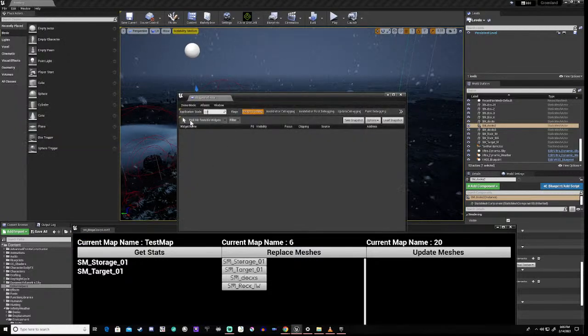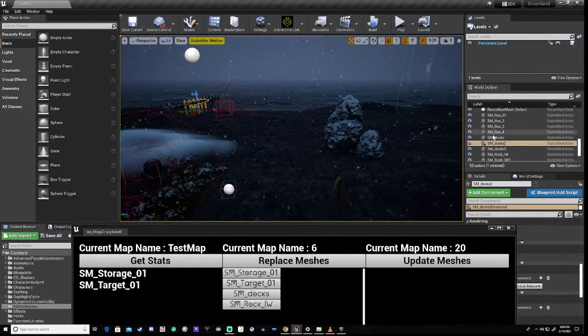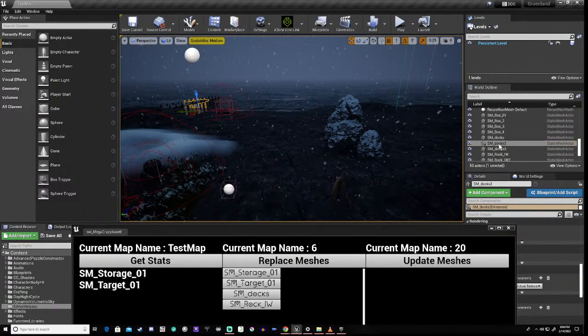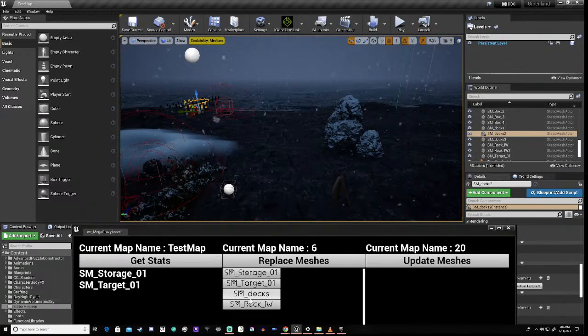I'm going to make this a bit bigger so you guys can see it a bit better. I keep forgetting to do that. Right, so you've got docs, docs, docs, IW, IW, right? Those are the ones that we need to replace.